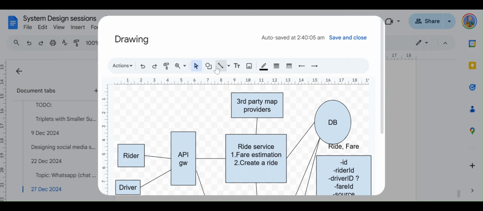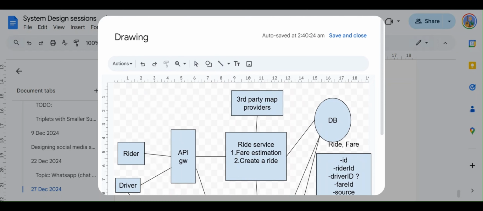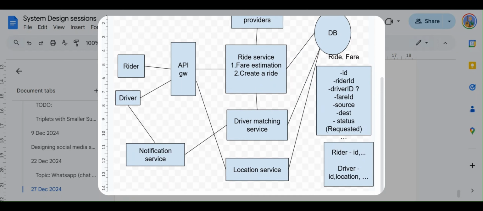Right now we are not talking about the notification to the rider, because that is not a requirement for our design. So for now, we are going to send a notification to the driver. Let me just put some arrows so that it becomes clear.